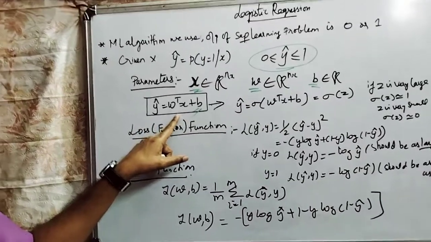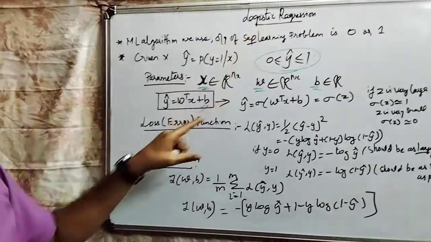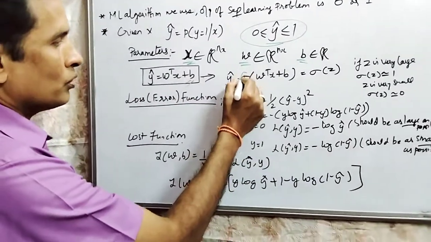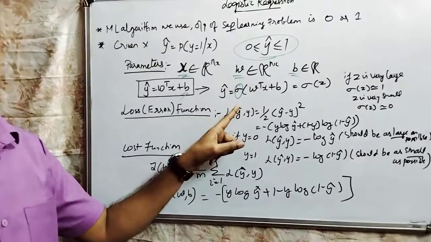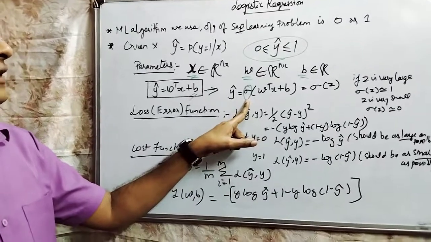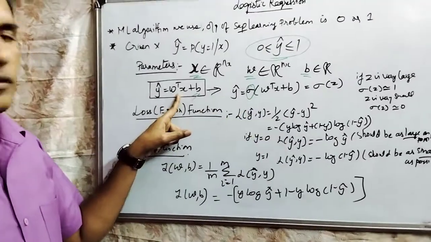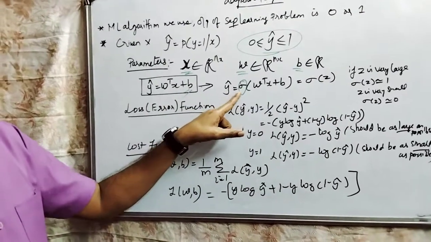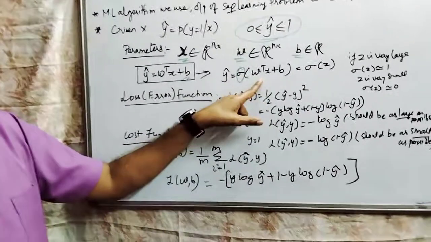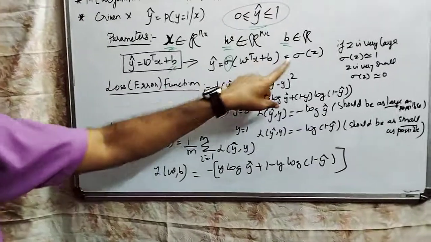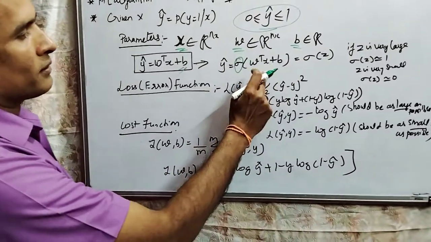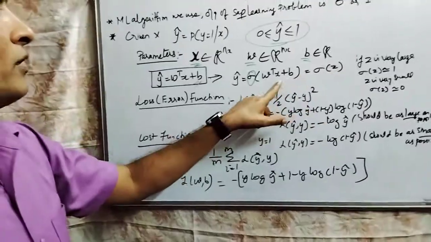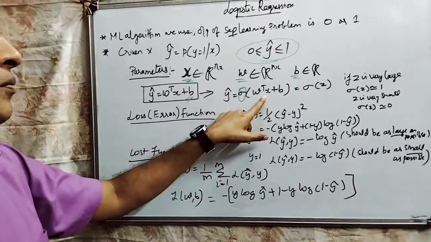Suppose we want to apply logistic regression to this neural network linear equation, then we have to introduce a function called the sigmoid function, or activation function, for this normal equation. So y hat is equal to sigmoid of w transpose x plus b, which is the logistic regression application. We can represent w transpose x plus b as z. So z is w transpose x plus b.